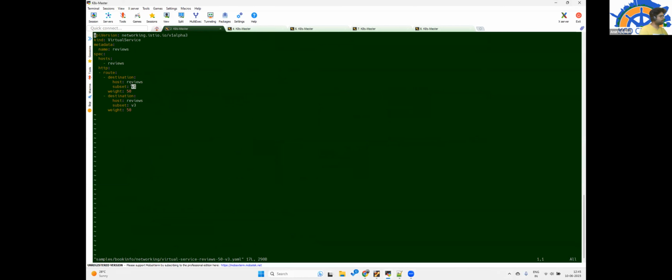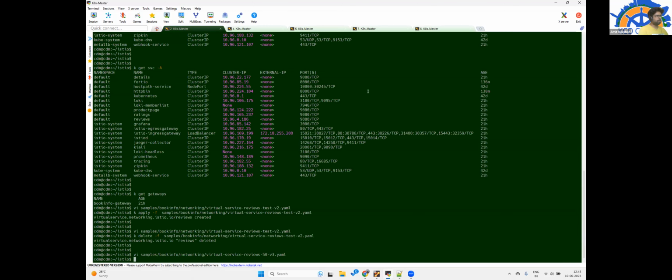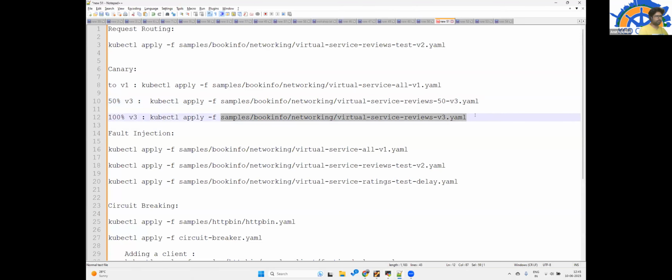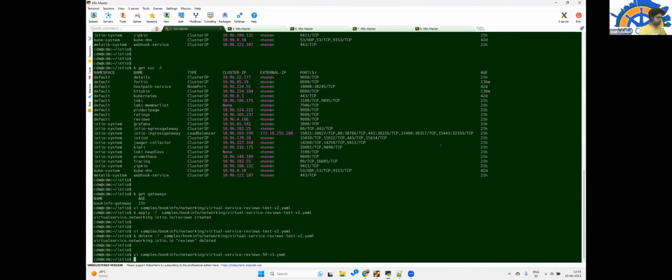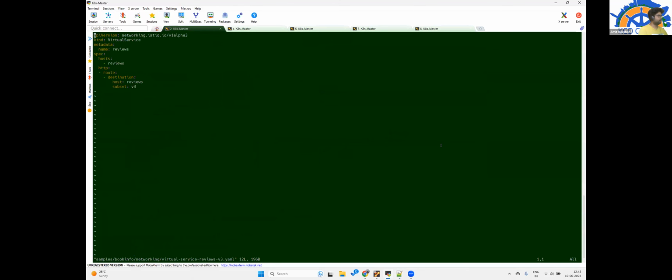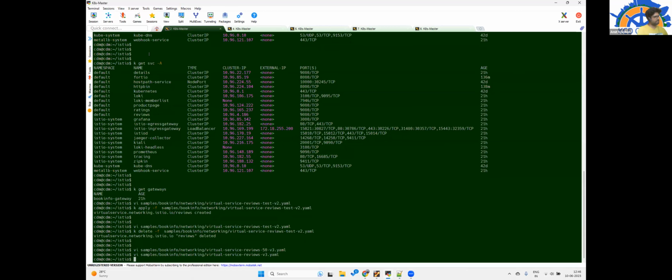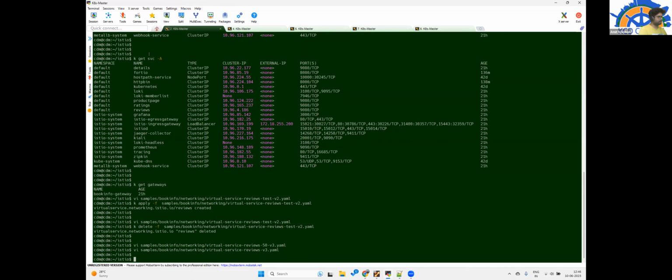So it would go V1 50%, V3 50%, and eventually we are directing all the traffic to a single entity called V3. Because we are changing the same virtual service named reviews, it will keep changing that, and those changes get reflected in the Envoy proxy immediately. So that's what we are trying to do.